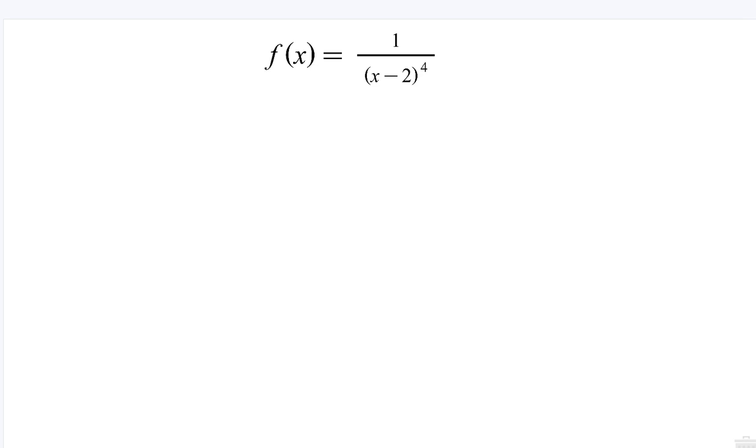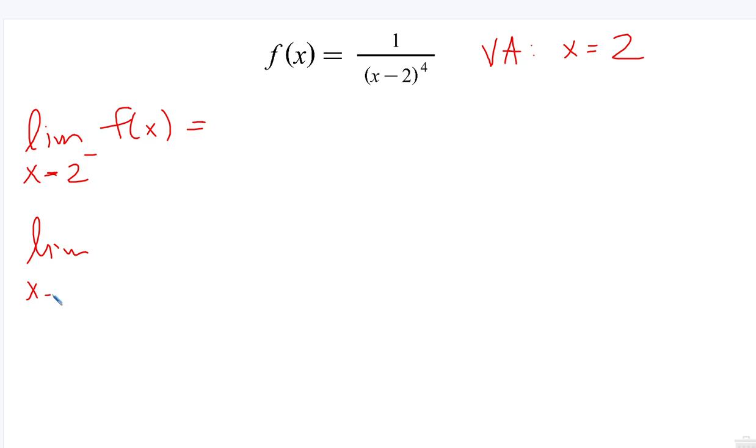This one we should be able to look at, 1 over (x minus 2) to the 4th, and say it has a vertical asymptote when x equals 2. Right? So we're just going to look for a limit as x approaches 2 from the left of f of x. And we're going to look for a limit as x approaches 2 from the right of f of x. And then we'll make a decision about the limit as x approaches 2 of f of x once we've done